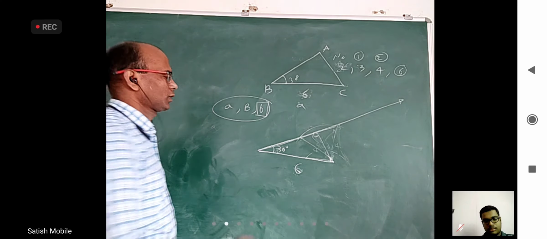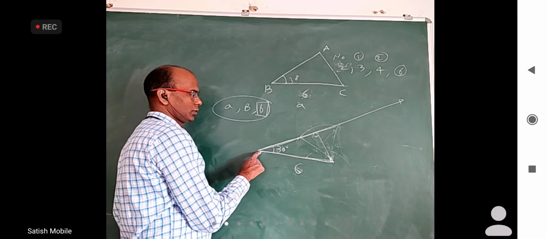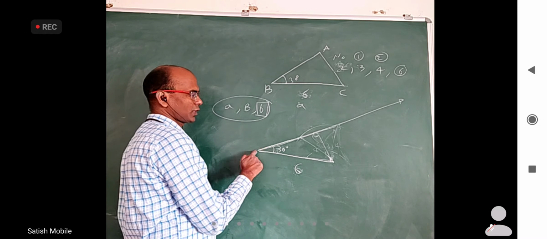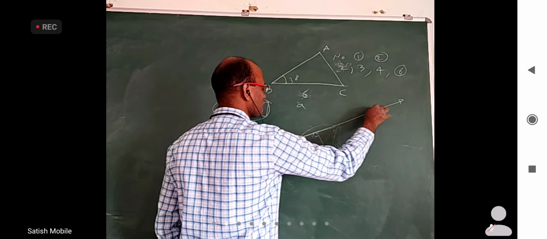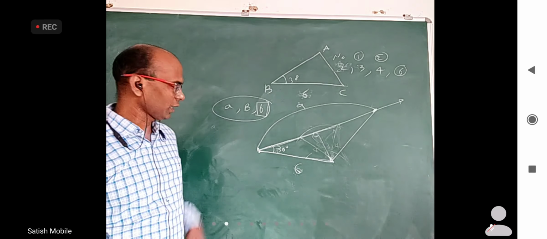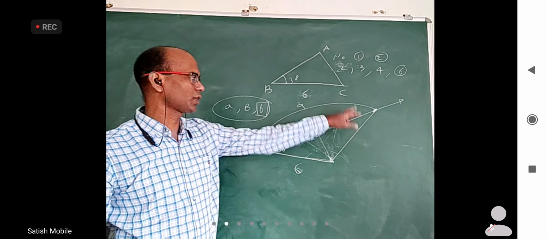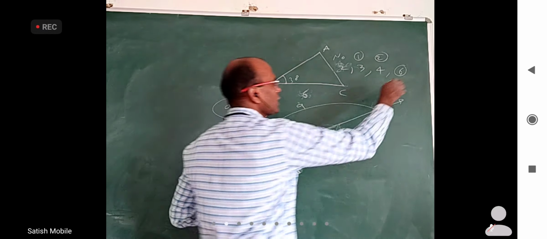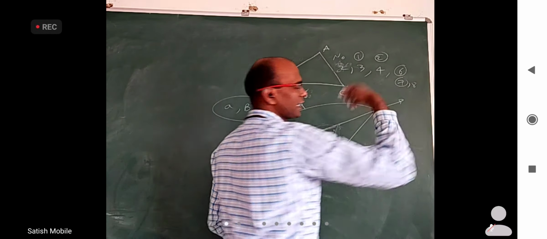Only one triangle. Because it will pass through this, which will not take it. So it will intersect here and here. I cannot take the third vertex and this vertex the same. So I have to take this, only one triangle. What if I take 7 or 8 or anything more than 6?